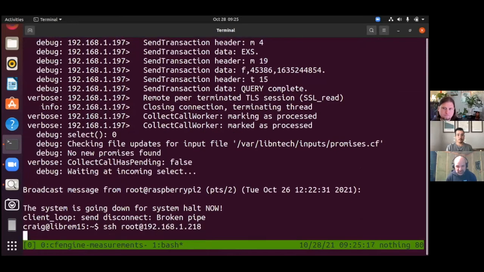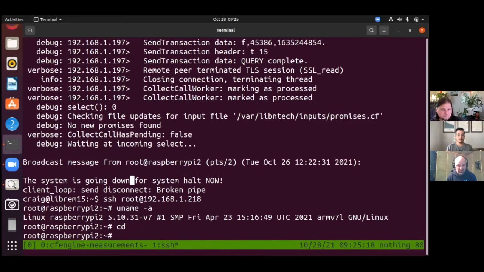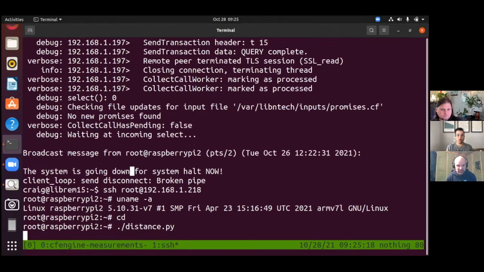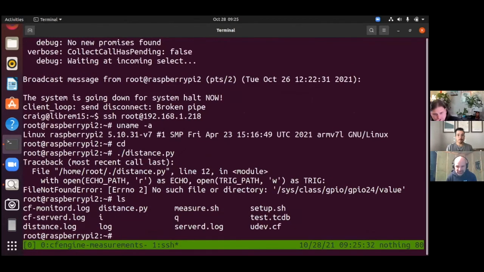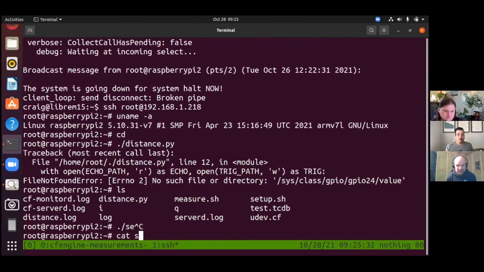This other IP address is the Raspberry Pi 2, as you can see, which is running essentially the same image. This one has the actual distance sensor, so I can run... Gotta set up first, right? I do have to set up, you're right. So I have a setup script. So what I'm using here is